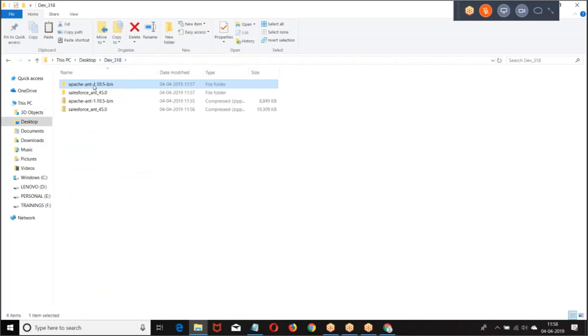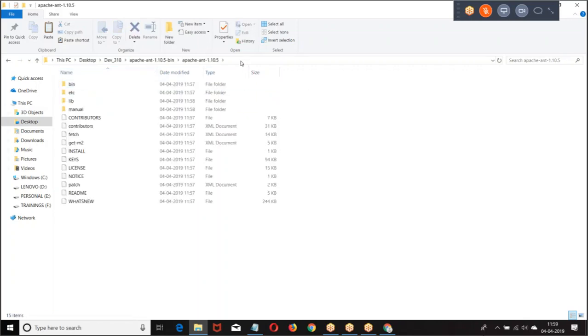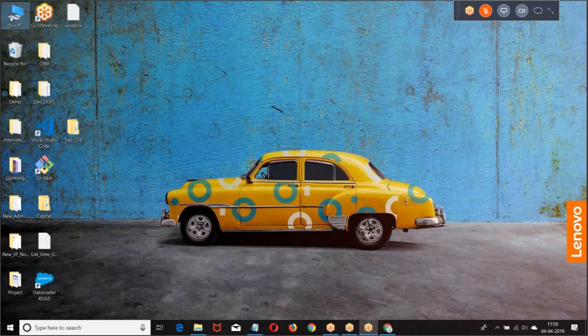Then what are we supposed to do? Set the environmental variables. We downloaded, we extracted, and the ant-salesforce jar file is pasted to the Apache ANT library files. Then we are supposed to set the environmental variables.